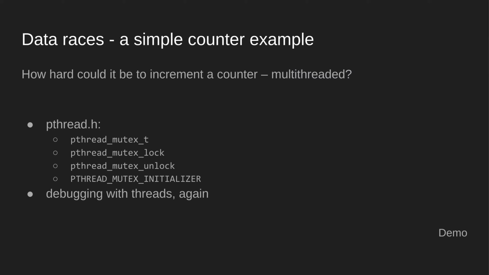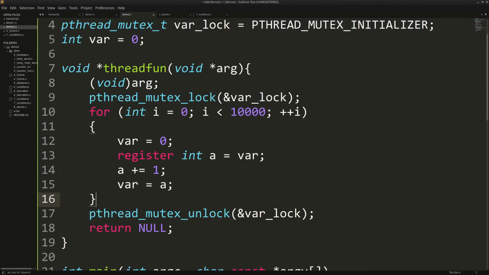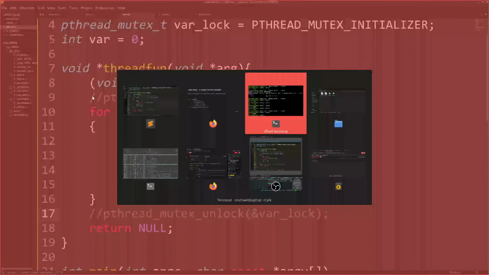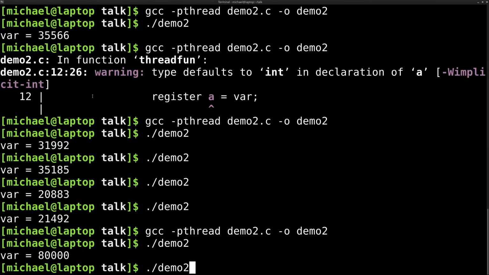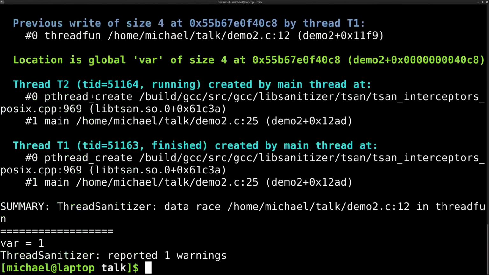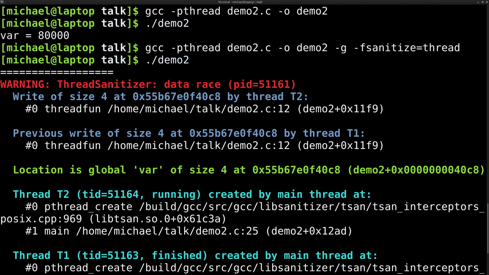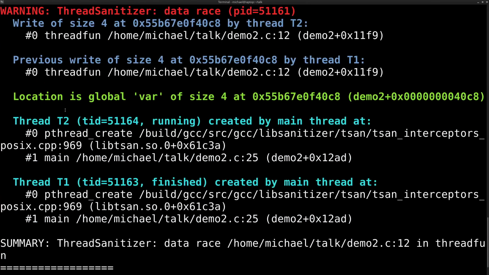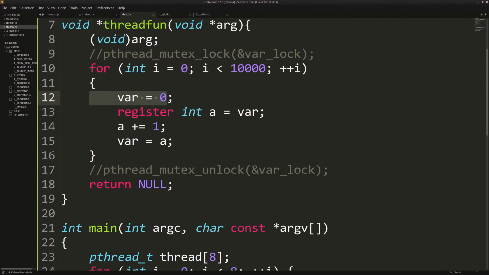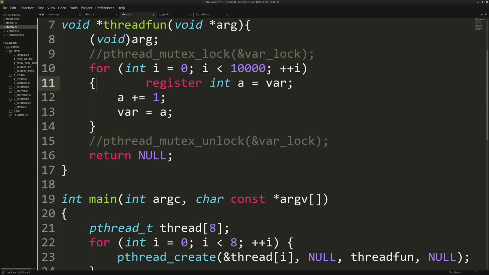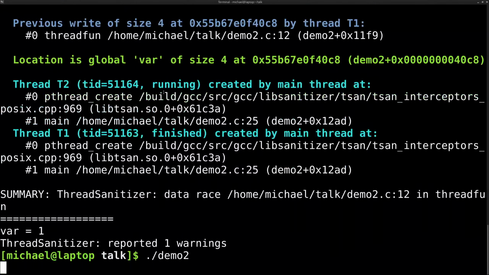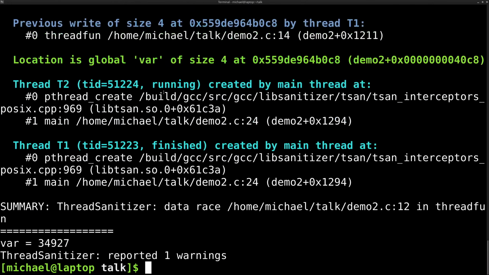Alright, so that was the example I just gave. We used locks and unlocks. And oh, I forgot to show what the thread sanitizer output for that looks like. So let's remove the locks again, and just really quickly go up. Right, and now thread sanitizer complains again about the data race. It says that we are writing here at line 12. Let's compile it again, run it again.